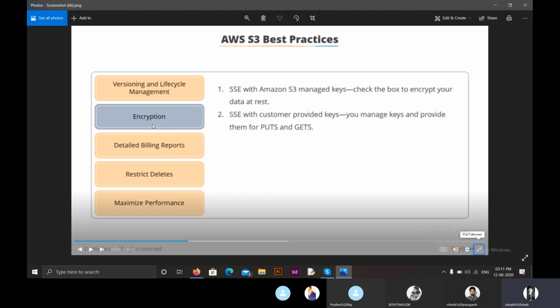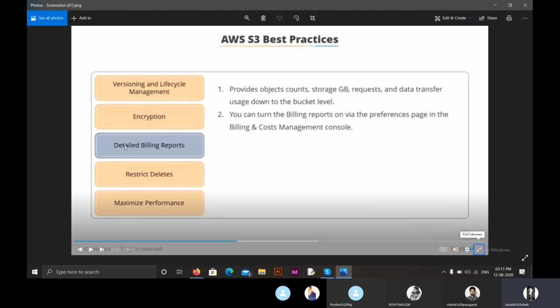Now the third one is the detailed billing report. We have to maintain a detailed billing report for all the data stored in our bucket. This provides object counts, storage gigabytes, requests and data transfer usage down to the bucket level, and we can turn on the billing report via the preferences page in the Billing and Cost Management console.